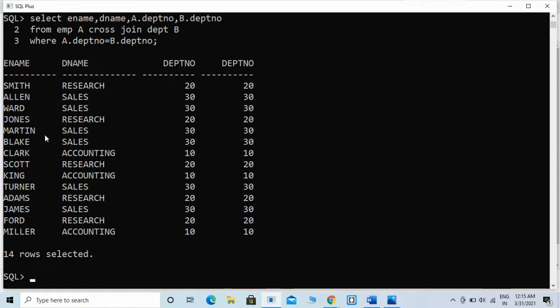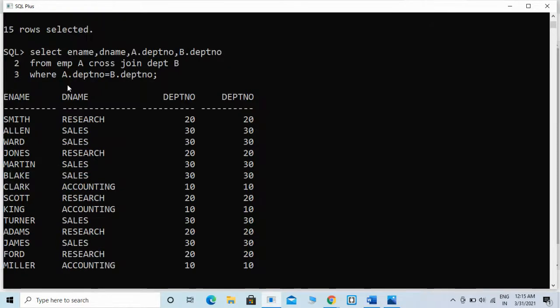Now it shows the matching records from both the tables. That is, whenever we mention the where condition, it will act as an inner join.